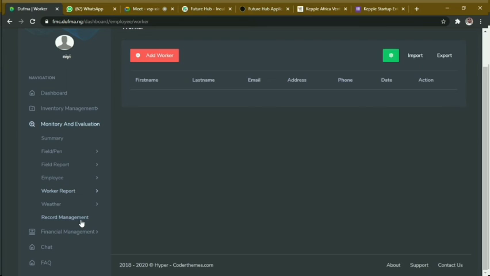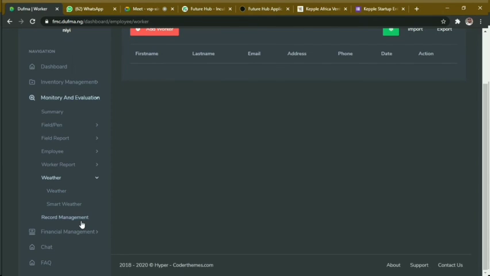Now, for the weather record management, I say they need external devices. Record management is a list of records that are there for you to download in case you want to engage them offline. Weather requires secondary devices to help you understand how weather is affecting your farm. You can predict what the weather looks like and how you want to maximize it for a duration of time. Now, these are the basics, the summary of the monitoring and evaluation of the